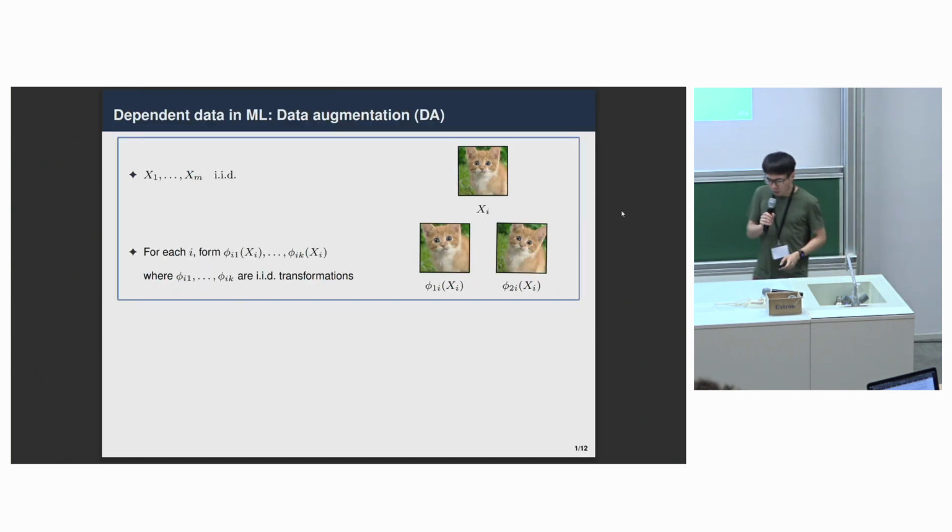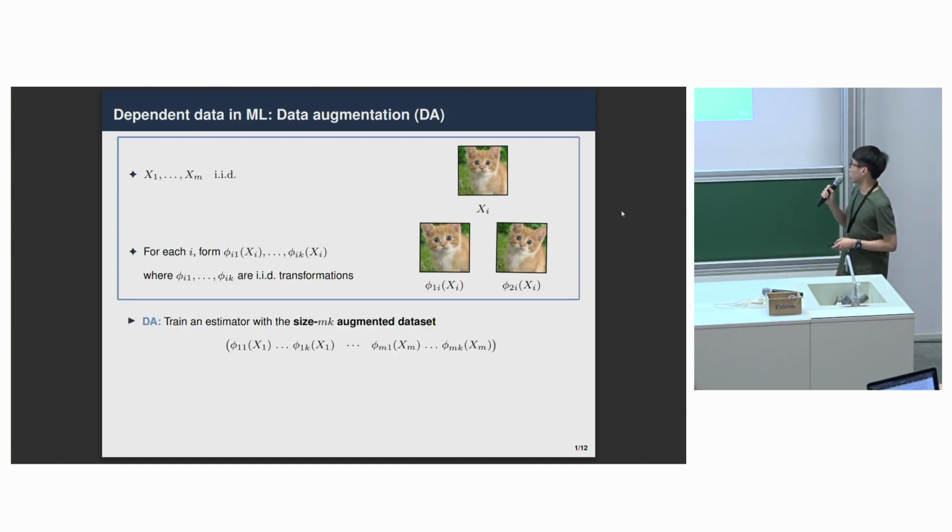Let's begin. The motivation for this problem is a question about data dependence, in particular data dependence that arises in a machine learning setup. A very typical example in which the dependence arises is something called data augmentation. You've already seen that in one of the talks, but at a very high level, when you are given a data set, say a bunch of cat images, instead of training directly with these cat images, maybe you want to do some random transformations to them, such as rotations, reflections, color changes, and you want to train instead with this augmented data set.